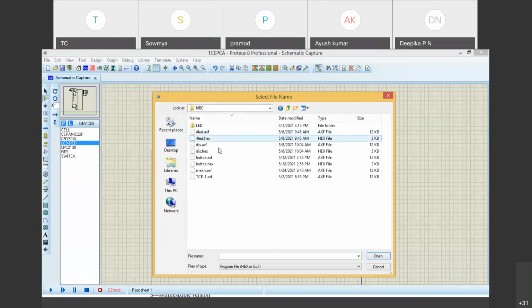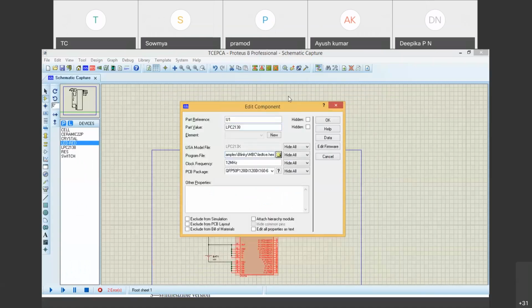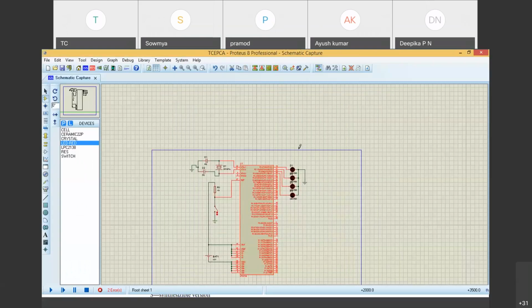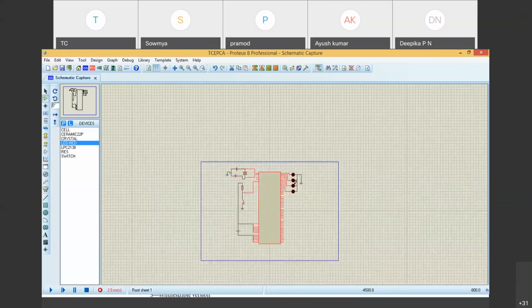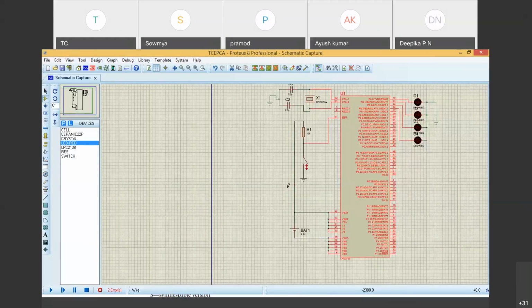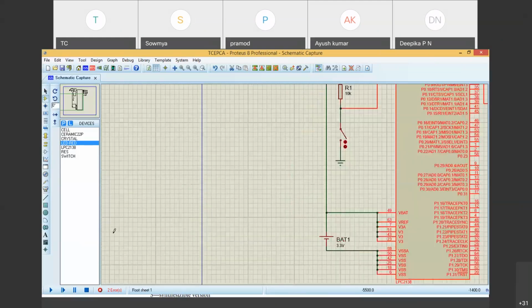In this, can you find LED in your folder? LED TCE you will find. Open this LED TCE. Okay, say OK. So when you say OK, the led hex file is loaded into your processor, correct? So now I will say run. Just see now, it has to happen now. What is that? If I say run,